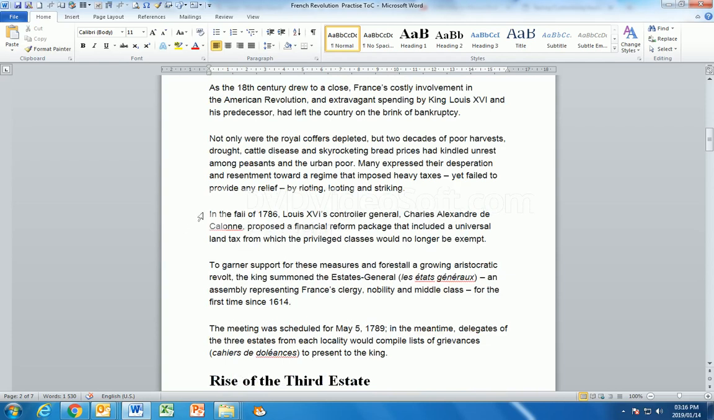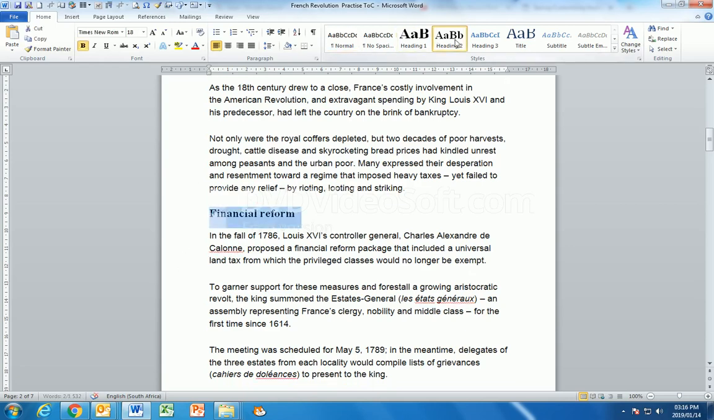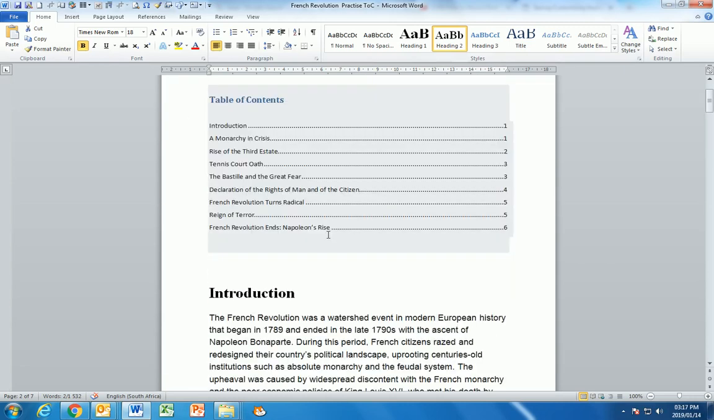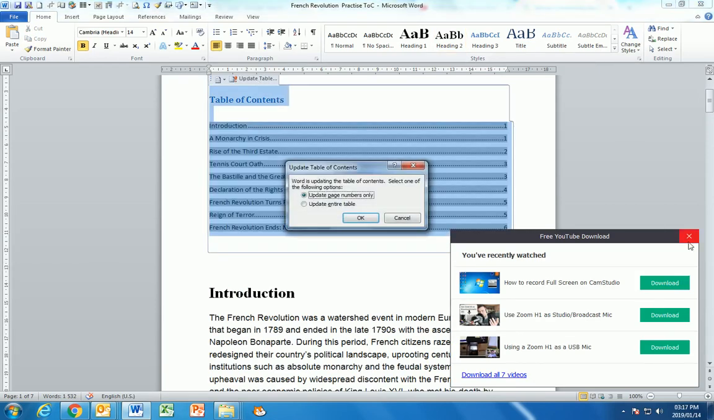Okay, so one other thing is, if you want different levels, let's choose one. Let's say, there's something about financial reform. So let's make this a subheading, Financial Reform. And I'm going to select it and make that a heading 2. and you can see the difference in formatting. So I can go back to my table of content, click there, update the table,